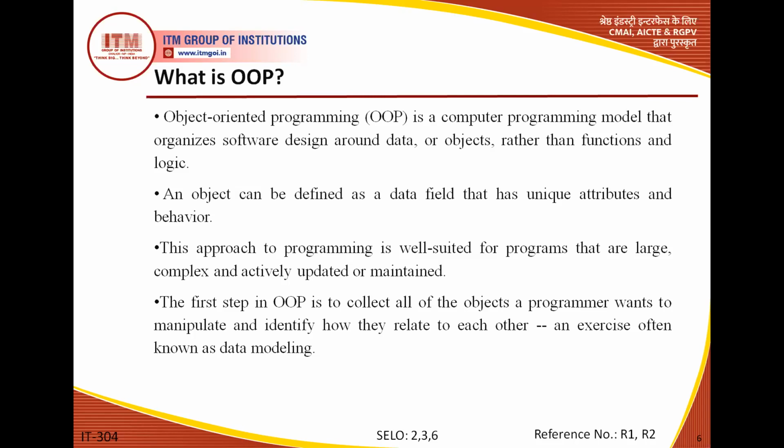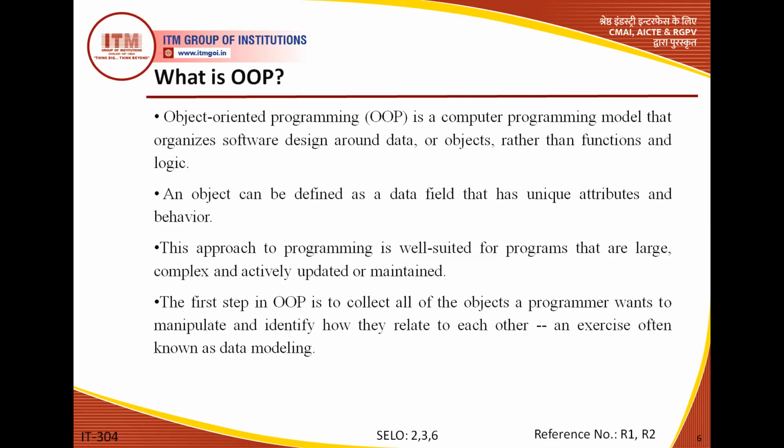Object-oriented programming is basically a kind of programming which thinks about data more rather than functioning, which focuses on what to do rather than how to do. So this is the basic difference between object-oriented programming and procedure-oriented programming. In procedure-oriented programming, the main focus is on procedures, on writing the procedures. But in object-oriented programming, the main focus starts from the data, like what the data is.